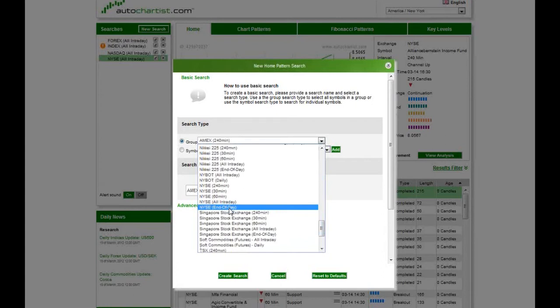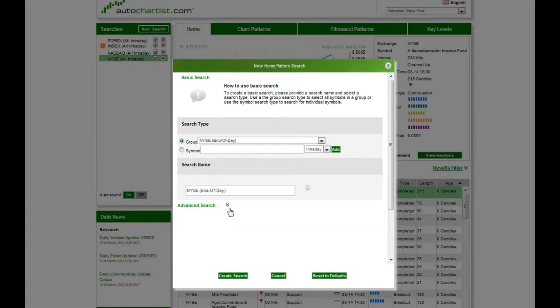On your Autochartist application, you will only see the financial instruments that are tradable through your broker that offers Autochartist, right? So if you've got a broker that only offers FX, you will see only FX instruments in Autochartist. If you have a broker that covers global markets, whether it's CFDs or stocks, you'll get all the data that broker supports. So let's just say, for example, I want to trade New York Stock Exchange end of day. I select that group,